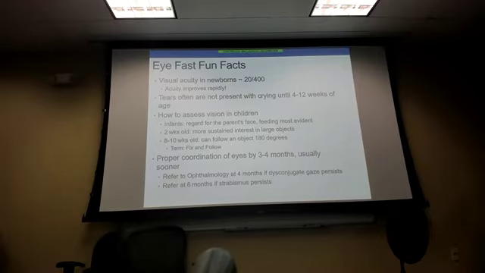Other thing is that when they're crying, when they're using that increased state of arousal to let you know something's going on, for the first few months, up to 1 to 3 months, they're not even producing tears. So they're just crying, nothing's coming out. So again, just that state of arousal. So the tear ducts and the tear system and factory really isn't working, isn't primed for those first few weeks